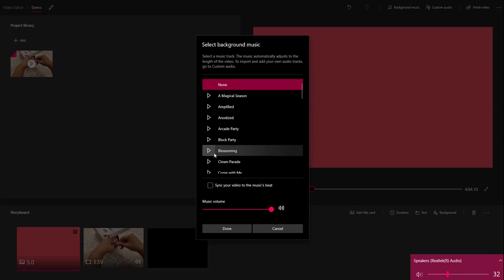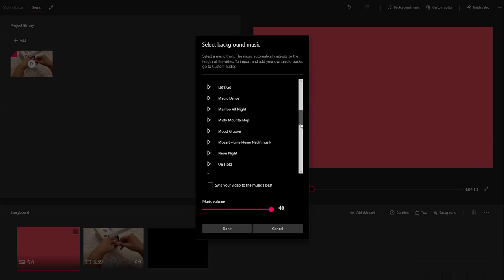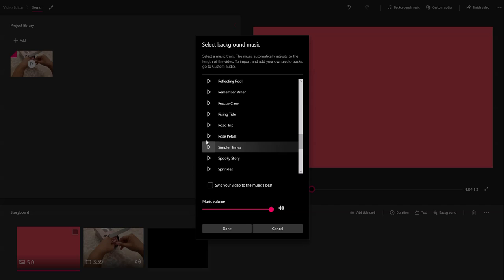So for me, I want to use the rose petals. This one matches the mood of my unboxing video, so I'll go ahead and use this. And at the same time, you can control how loud you want it to be once you export, finalize everything. So I want to do at least that loud, because I'm also talking in my video, so just to balance it out. So we can press done,